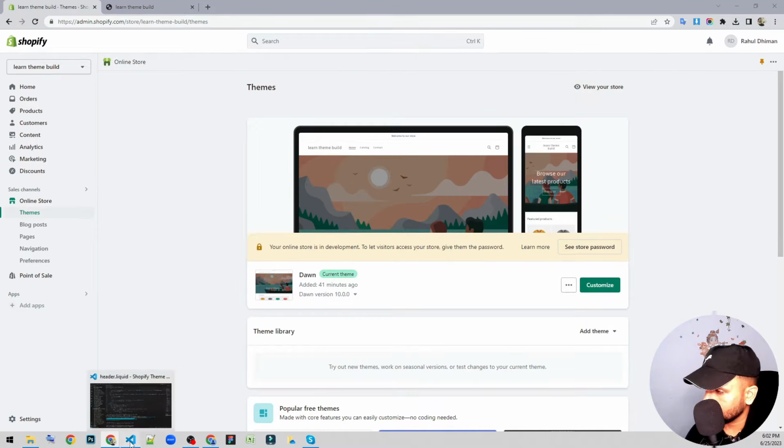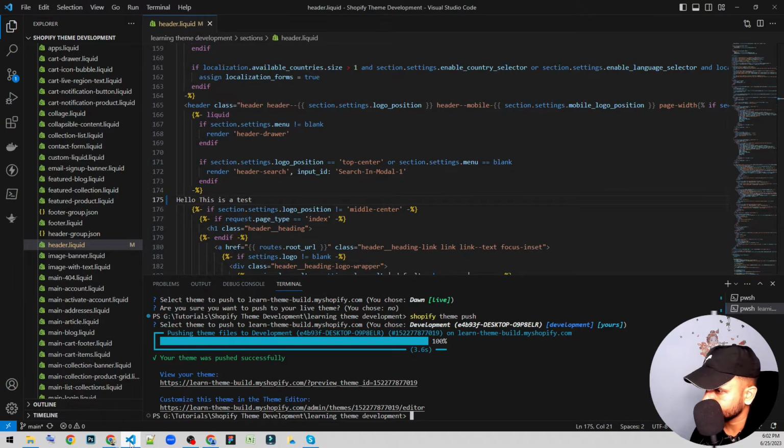Right. Hopefully it's not there, I would say. Customize this and pushed successfully. Okay, okay, okay. So I think so. What happens is, like, if I push it,